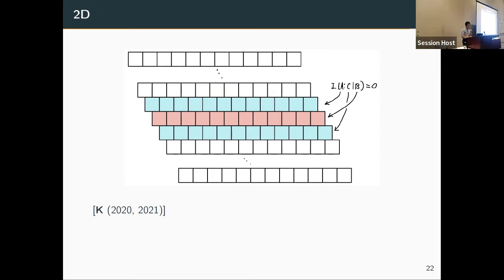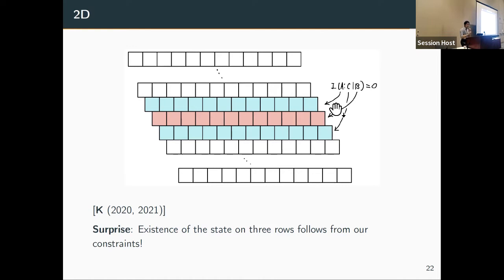So suppose hypothetically you know that there exists some state on this slab-like region so that you obey the Markov chain condition over these subsystems A, B, and C. And imagine you have similar density matrices translated along the Y direction. Then you can imagine the 1D argument would still apply. The non-trivial part is in showing that the existence of this slab-like region, which obeys this condition, follows from our local constraints. So that's really the main piece of work going on in this work.